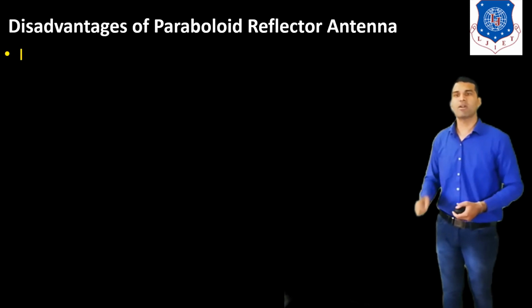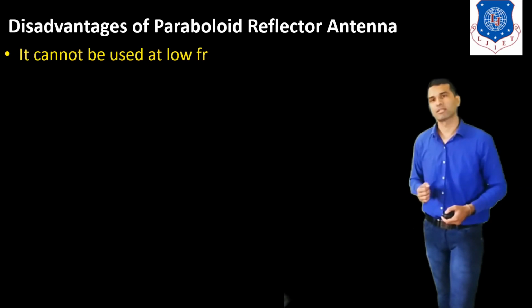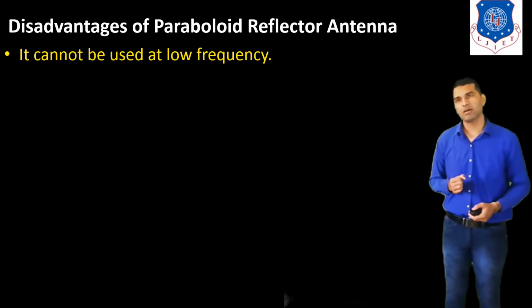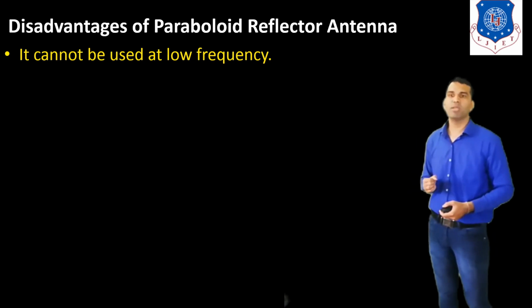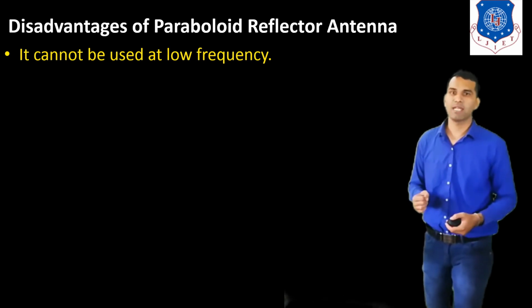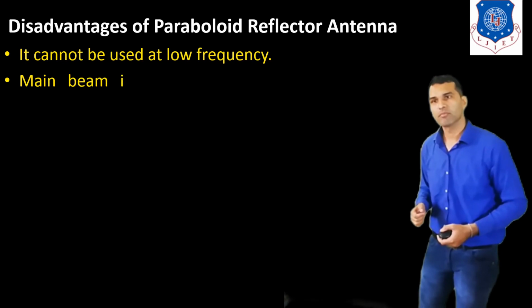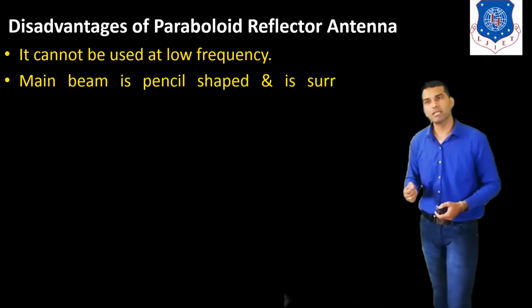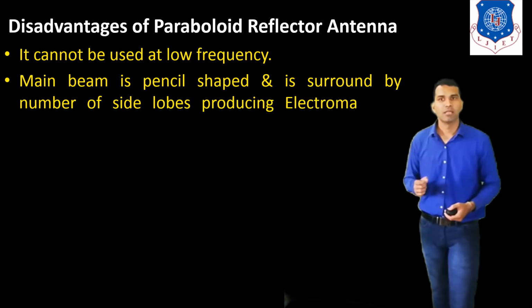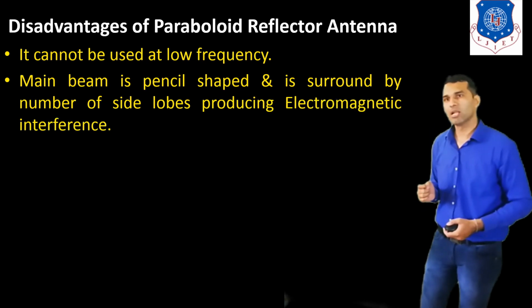Now the disadvantages of the parabolic reflector antenna. There are some disadvantages of this antenna. First, it cannot be used at low frequency, so we cannot use this antenna at a very low frequency. The second disadvantage is the main beam is pencil shaped and it is surrounded by a number of side